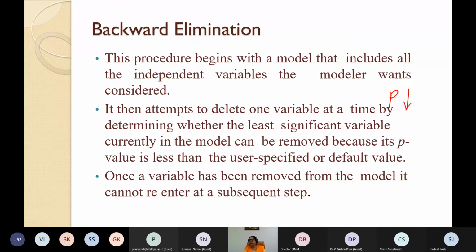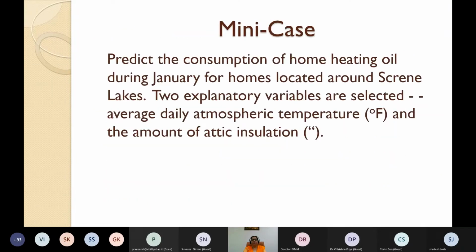But in hierarchical regression, the major difference is that you are trying to find the important variables, the variables which are actually bringing in a change, and you try to eliminate the variables which look as if, judging by the r square value, they are bringing in a change, but when you look at the adjusted r square value, you might find that these are not actually bringing a change in the y, but it's totally an error component. So let me take a small case.